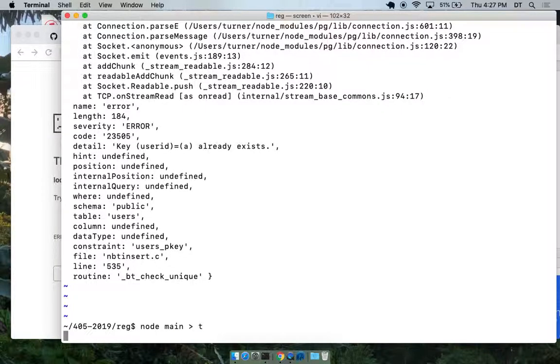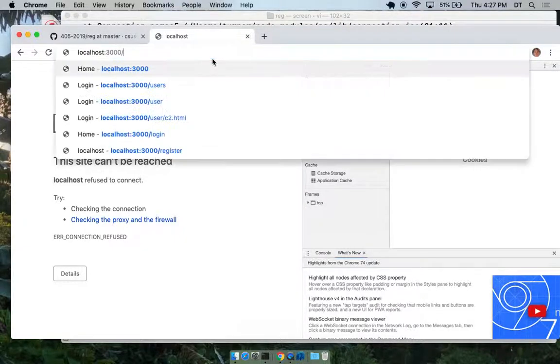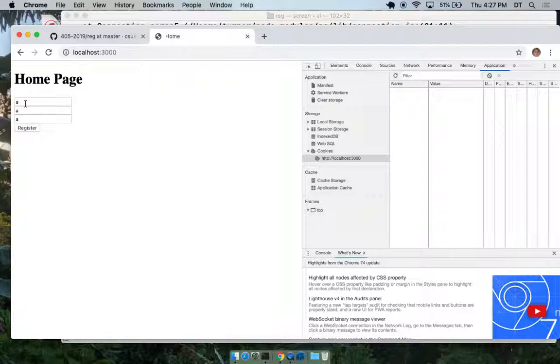I would try something else now. So if I change this, but I have a bad email, so this email equaling A is already in the database, so when I register this, I won't fail because of the primary key.